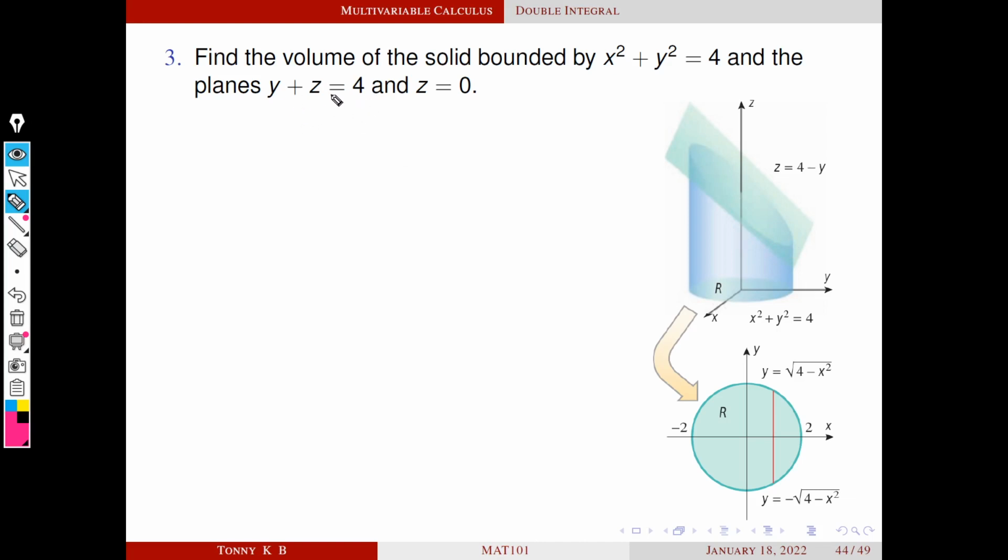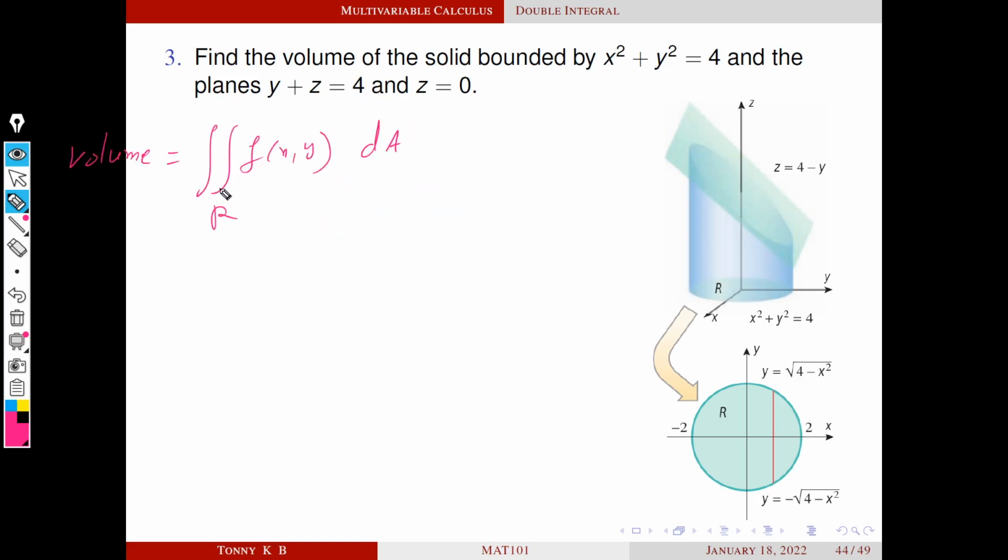We know that y plus z equal to 4 is a straight line in our yz plane. Suppose we consider a yz plane. In the yz plane, y plus z equal to 4 is a straight line. Clear? But there is no restriction on x. That means a totality of infinitely many straight lines: a straight line at x equal to 0, a straight line at x equal to 1, similarly straight lines at negative x values. The totality of all these straight lines forms a plane like this. So that's why y plus z equal to 4 is a plane.